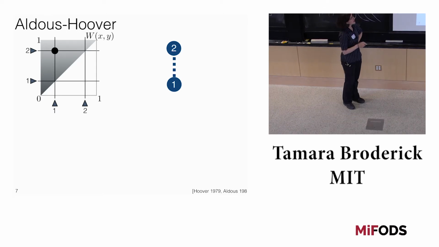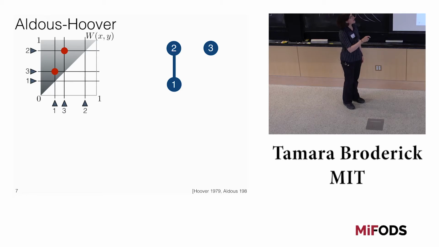Okay, so I draw a Bernoulli draw with probability equal to w at that intersection. And maybe in this case it's a success, so I keep an edge. I look at the two possible intersections when I add the new node. This has some probability, and this has some probability based on the values of w. I draw those Bernoulli coin flips. Maybe in this case they both happen to not exist, and so we don't have edges.